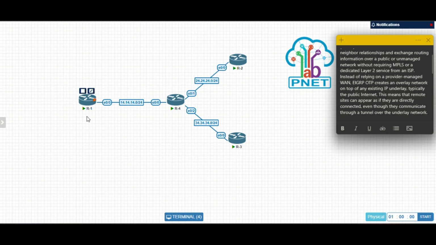So it will be a central IP, and then it's between router 1, 2, 3 that's connected to the ISP, also connected to the client, and even though they communicate through a tunnel over the underlying network.